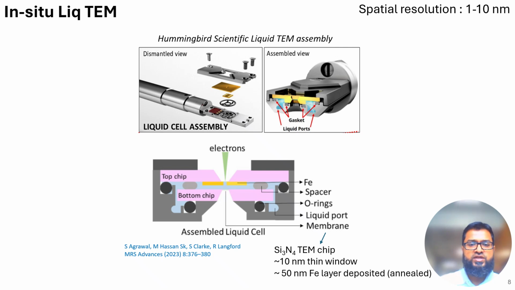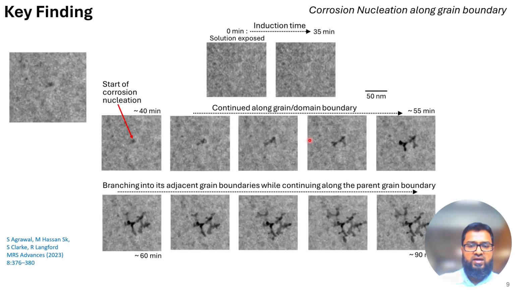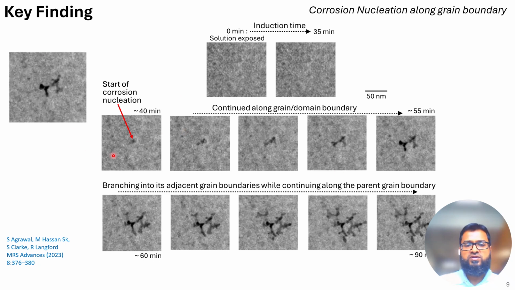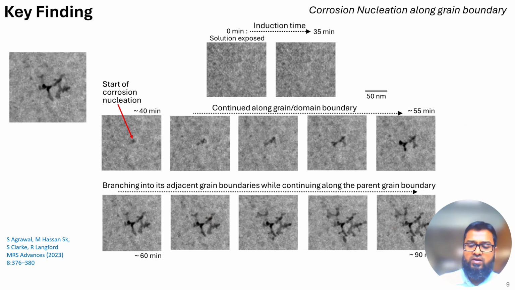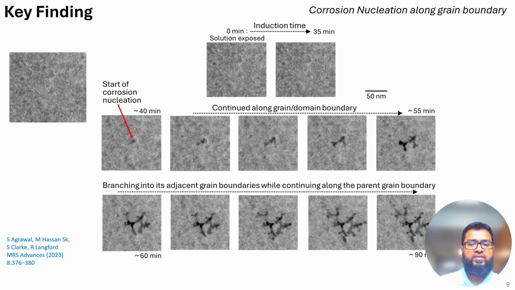Going to what we achieved using this, we saw that the grain boundary is the preferential site where the nucleation of the corrosion occurs. You see, this is the movie, this is the breakdown. So it starts at the grain boundary and progresses along the grain boundary and then branches to the boundary of the next grain. This is an important finding. Going to the next